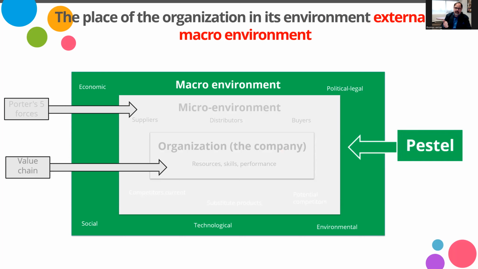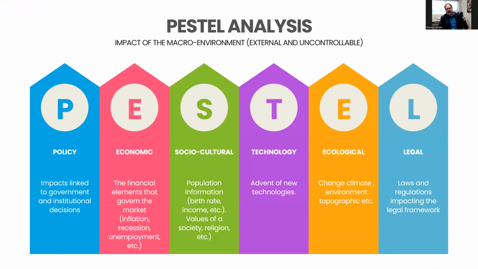P for political, E for economic, S for social, T for technological, E for environmental, and L for legal factors, which will give us the list of all the external and uncontrollable factors that we cannot ignore. Many of them are trends in the marketplace. Here you are: government decisions, factors related to economic circumstances such as inflation, interest rates, and what have you,